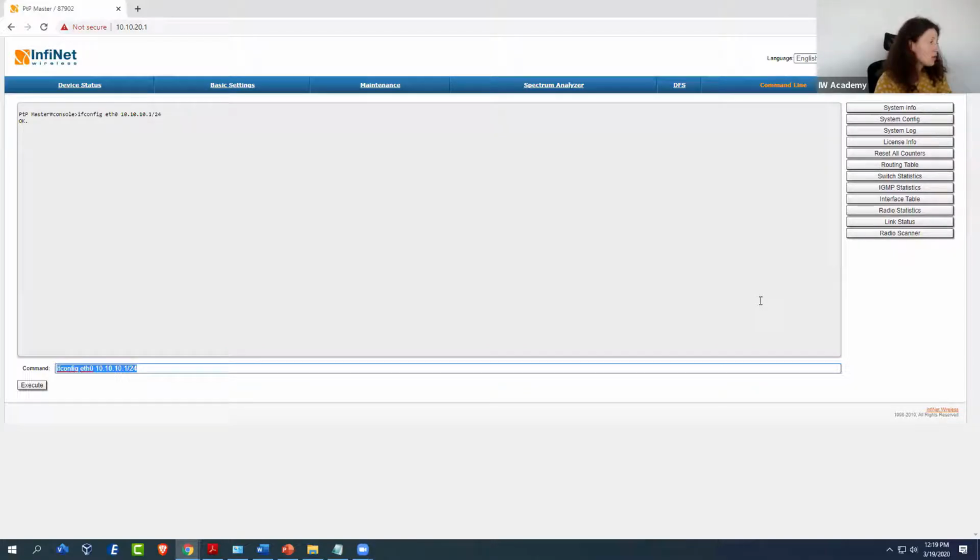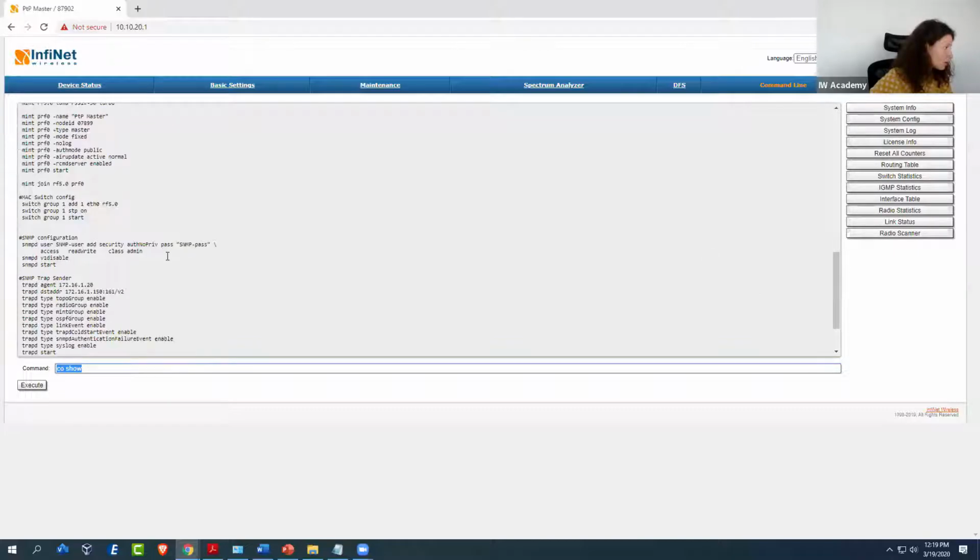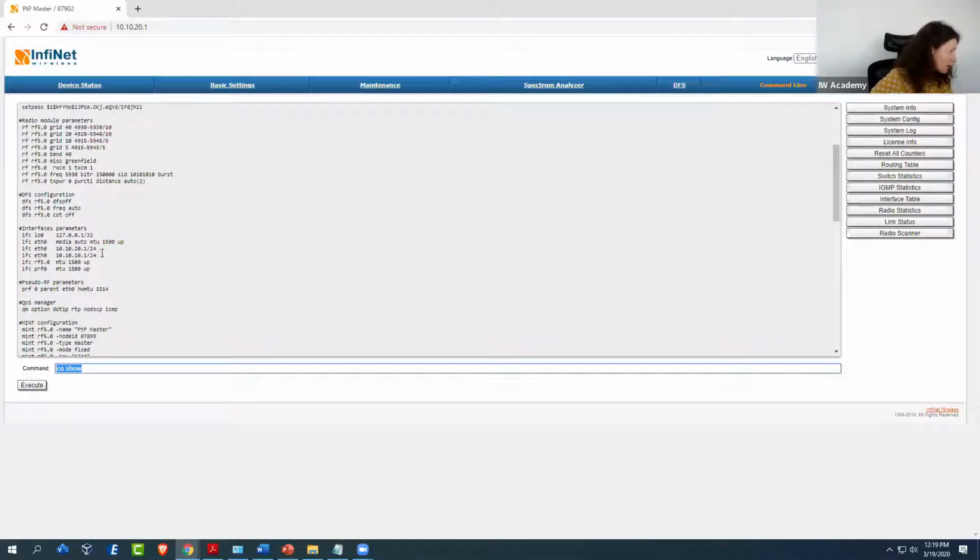We need to delete the other IP address. Let me show you the configuration. If I show you the configuration, you will see that now the Ethernet interface has two IP addresses, and we have to delete the default IP address, and we will use this command: ifconfig Ethernet 0 delete.